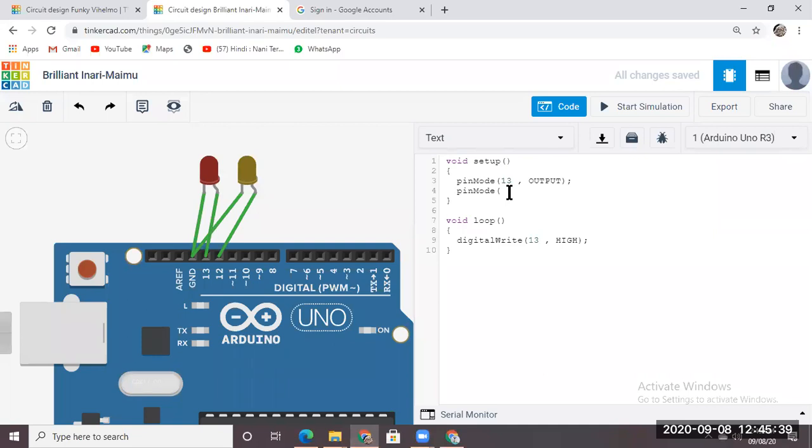So instead of 13, we will write 12 and then OUTPUT. We are using output because we are giving an output to this LED.